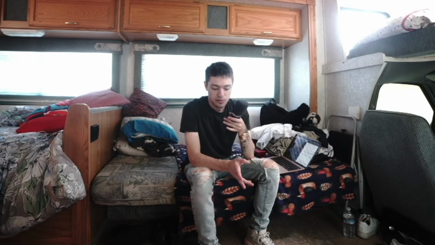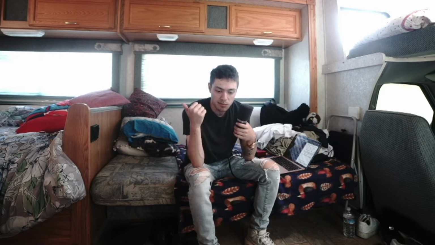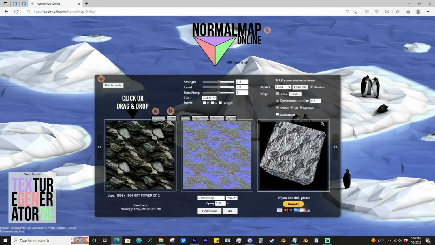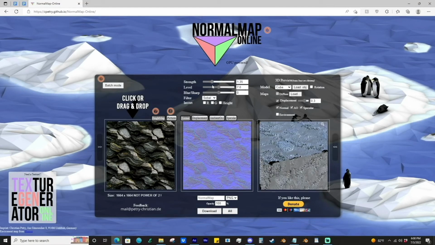Now, the only other thing you would have to do here is convert these textures into PBR materials. So getting normal maps, which is easy enough. There's a free online normal map generator, link in description obviously, that will take your image and spit out a normal map, and you can adjust settings to make it very specific to how you want it. And that's easy.